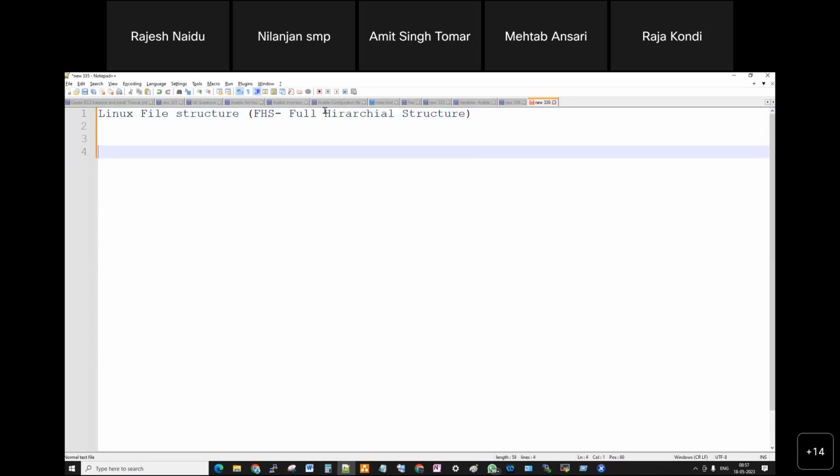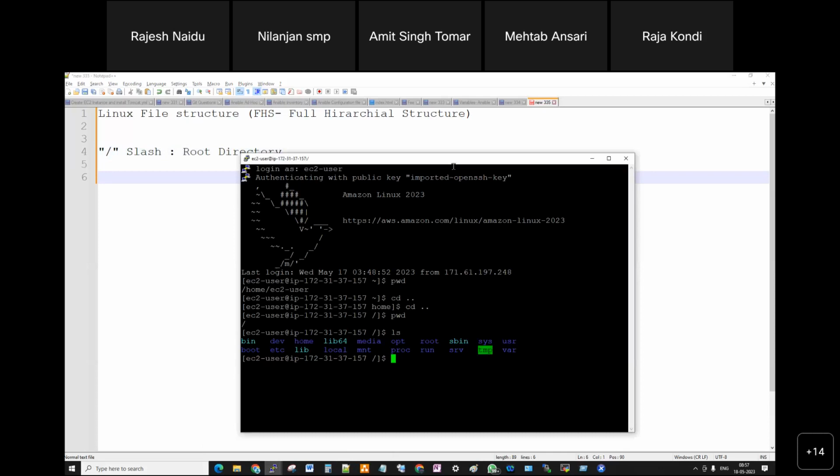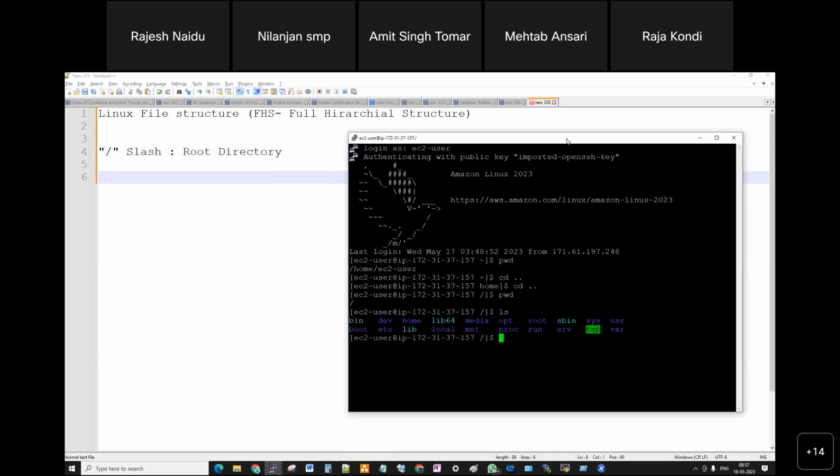So by default, the first location of the drive is slash. So what is a slash? It is the root directory. In this root directory, there are so many files and directories available.